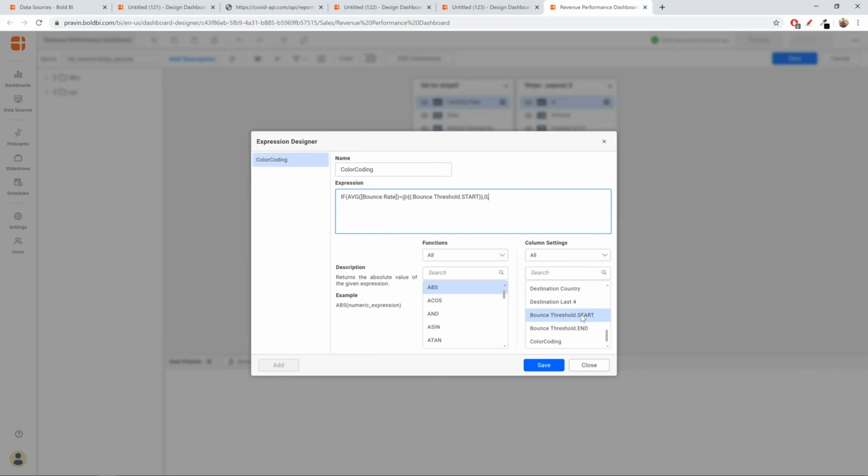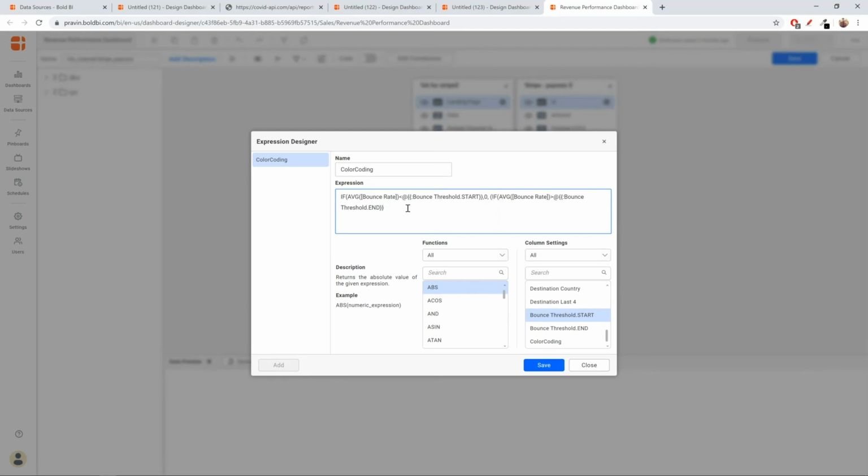Okay. In the false condition, I'll add another if condition here and add if bounce rate is greater than threshold dot end, which is the end of the threshold range that we configured.